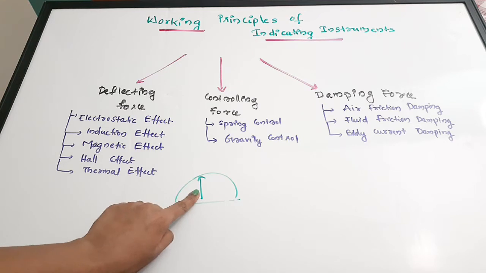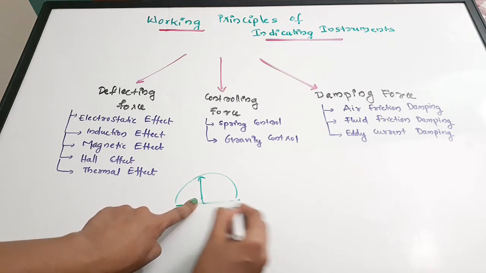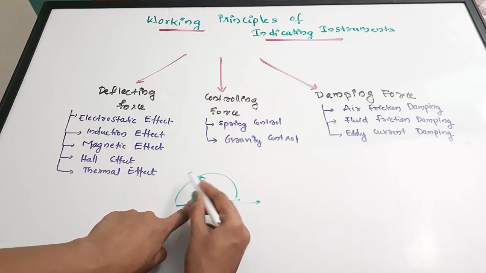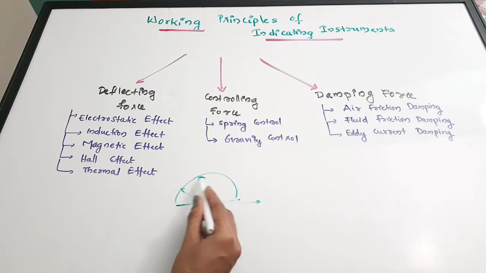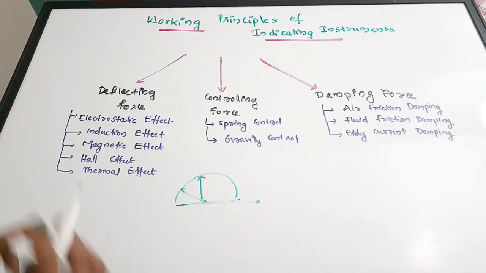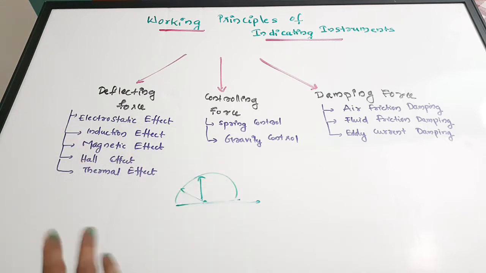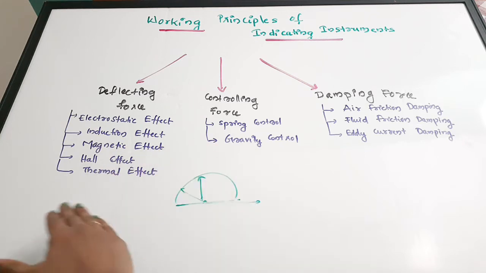Consider that your instrument is taking the measurement with the needle. After taking the measurement, when the instrument is removed from the measuring point, it has to return to the initial state, to the steady state, right? So for the deflection and for the returning of the needle, there are various forces acting on the instruments. There are various types of instruments. The forces are of three types: deflecting, controlling and damping.